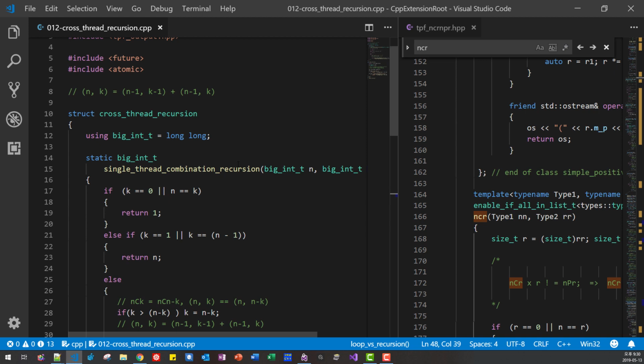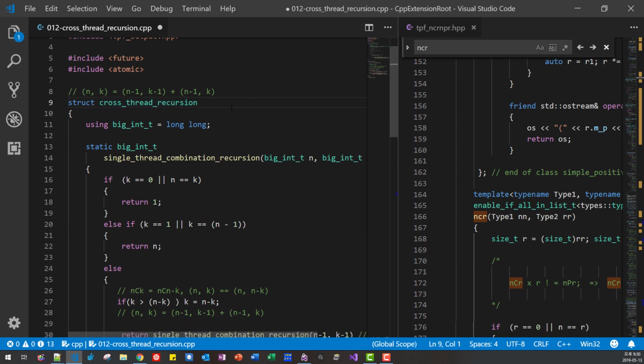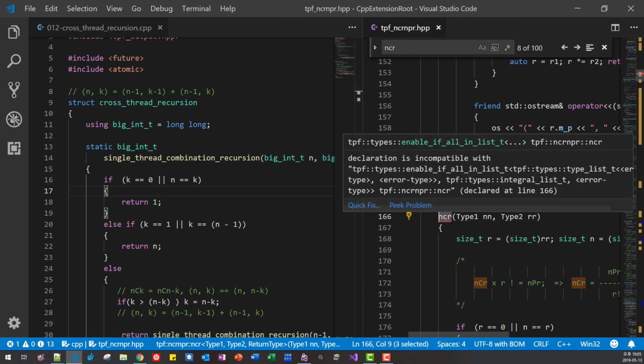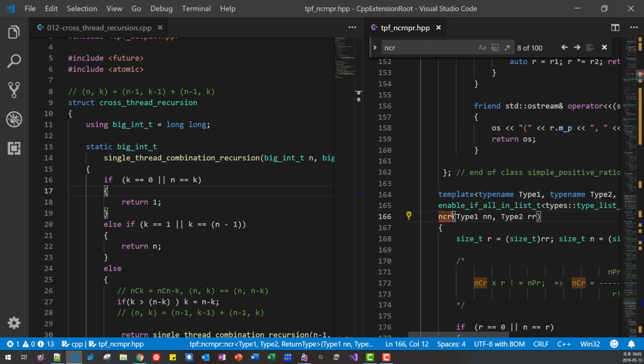Recursion gives terribly bad performance. Implementing this ncr binomial coefficient, or the number of combinations, is actually more challenging than you might think.